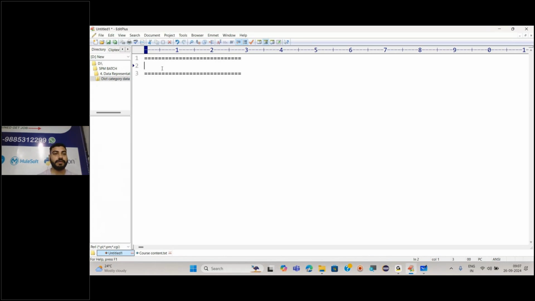Okay, so we'll start with the real time applications of Python. What basically I'm going to explain here is how many types of applications you can create with the help of Python, and simultaneously you will also understand in how many ways you can use Python. First of all, as we are in Python full stack,